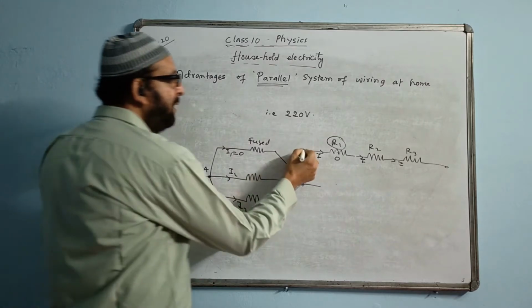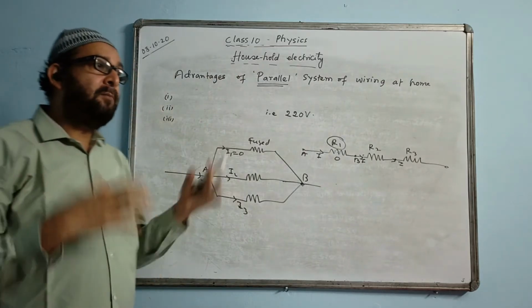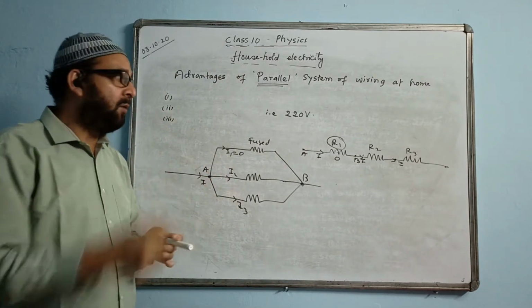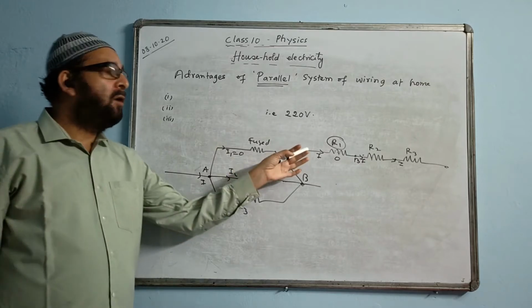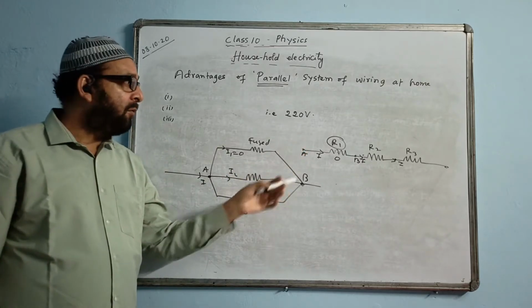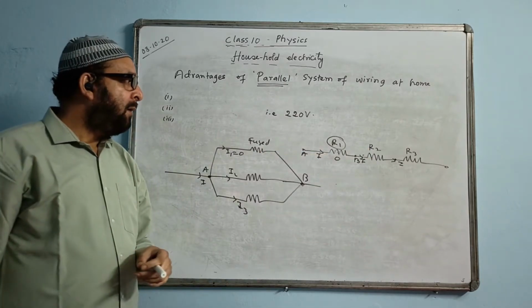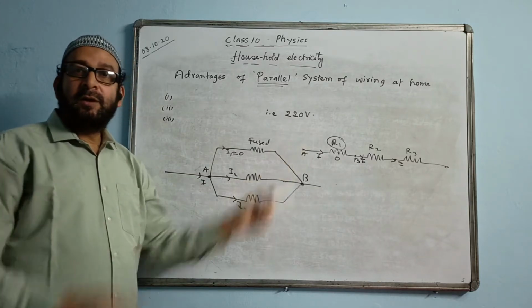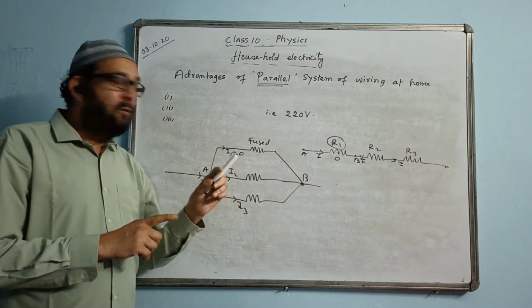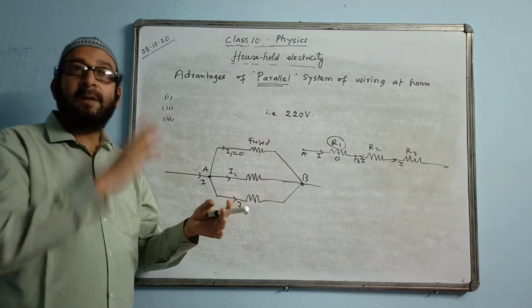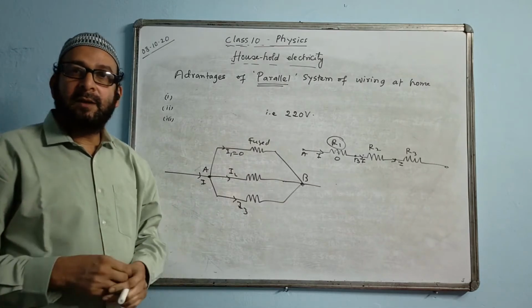Another thing, the voltages are changing. This is A, this is D, this is some different volt, this is a different volt. Then the company will have a tough time making those appliances, and we will not know how much voltage to use. So voltage has to be common. That happens in parallel. And the third one is we cannot use different switches for these appliances. One switch will put everything on and off. So suppose you want to use a particular appliance in a room, then in order to use that appliance, all the appliances connected in the same line, in series, will have to be put on. That is a big disadvantage.